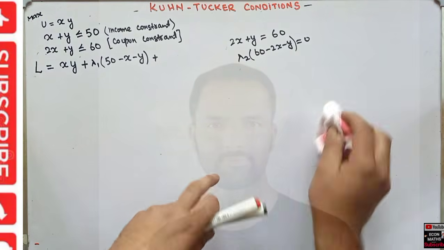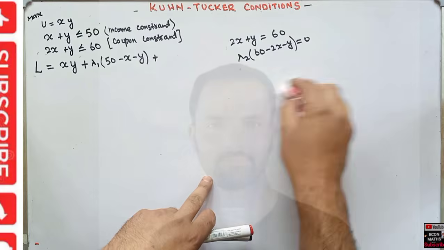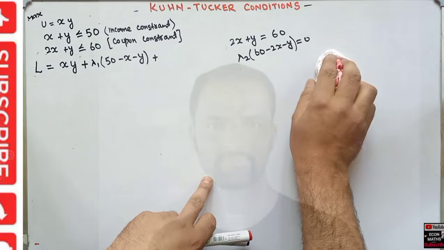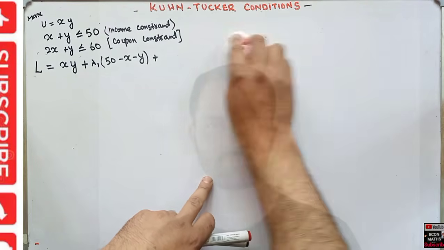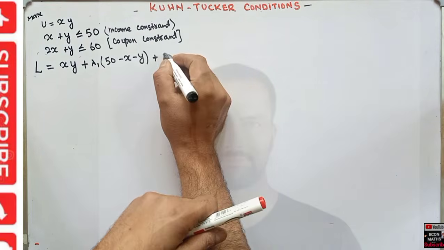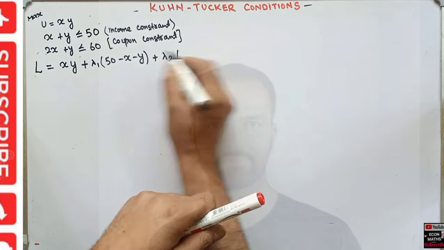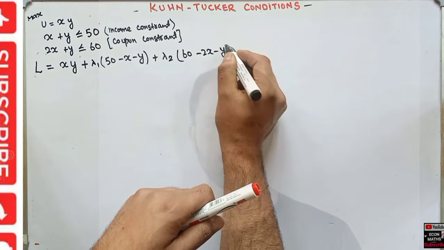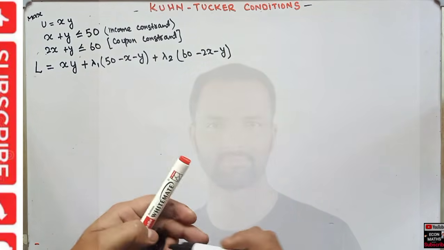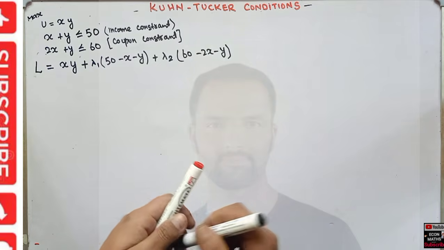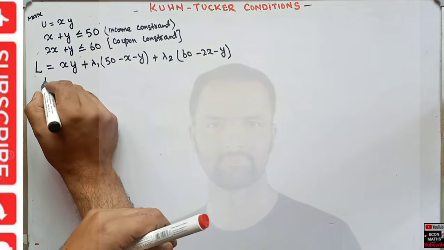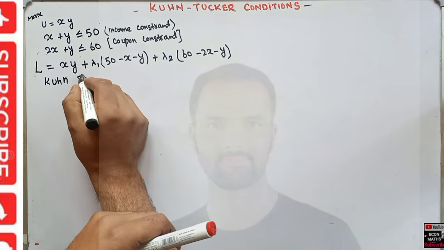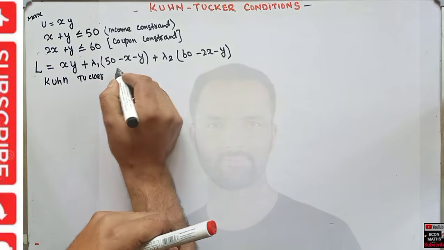I have shown you in various videos how we form the Lagrange's function, so I'm just skipping some steps here. So we have another constraint, lambda 2 times (60 minus 2x minus y). This is our Lagrange's function. Now what are the Kuhn Tucker conditions? I will write here, Kuhn Tucker conditions require